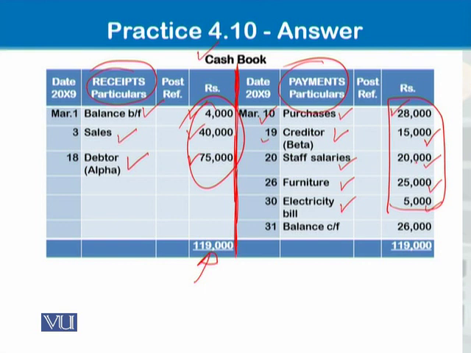Minus 20,000. Minus 25,000. And minus 5,000. What comes? Yes, exactly. 26,000. So this 119,000, after putting 26,000 here, both columns are giving us the same total of